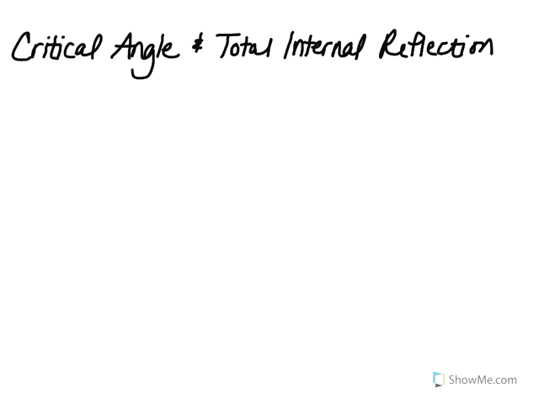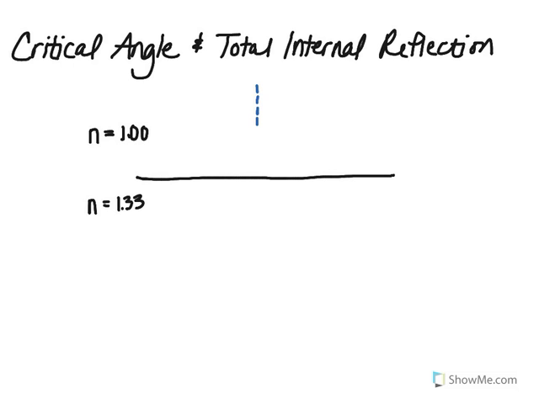Here we'll explain the idea of the critical angle at an interface and the idea of total internal reflection. For this diagram, I'm going to draw the interface horizontally, and we'll say that to start with, your n on top will be 1, so the material is air, and then the medium on the bottom is water, 1.33. So we have the lower index on top, the higher index on the bottom. And if we go ahead and draw in a normal,